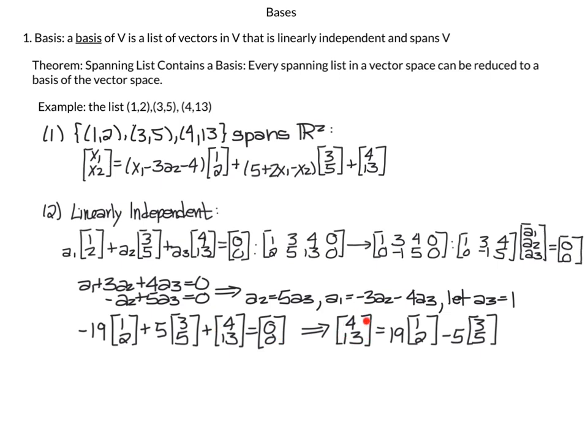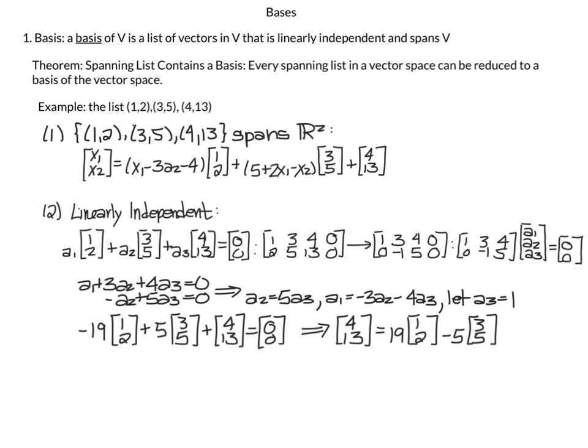And I'm going to write my 4, 13 as a linear combination of 1, 2, and 3, 5. Just using this equation, I'm going to move over my 19 times vector 1, 2, so it becomes positive 19 times vector 1, 2, and I'm going to subtract minus 5 times 3, 5 on both sides of the equation, so that cancels here, and I get minus 5 times my 3, 5. So this is 4, 13. It's a linear combination of these two vectors,